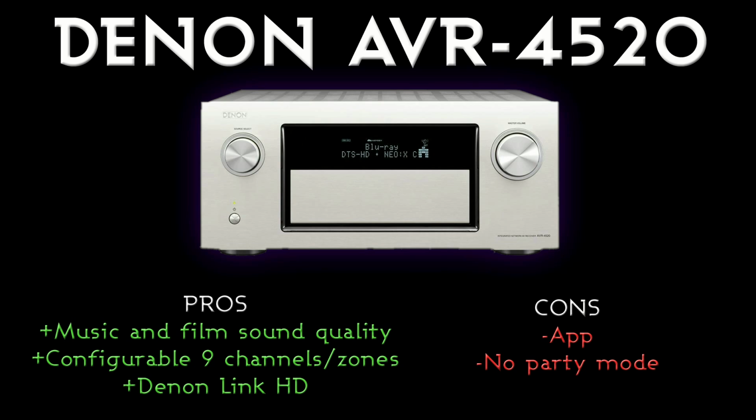It's a good sort of warm sound. We really do like it. It's one of our favourite ones at this price point. You've got to really step up quite a bit in money to get something better than the 4520. The configurability of the actual